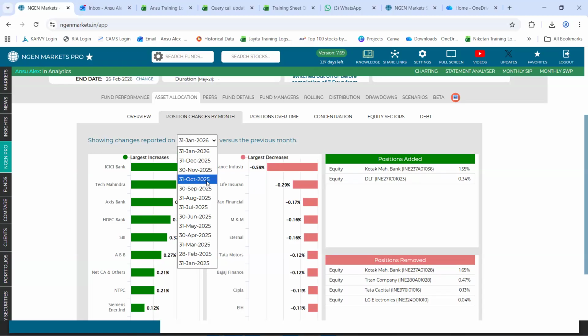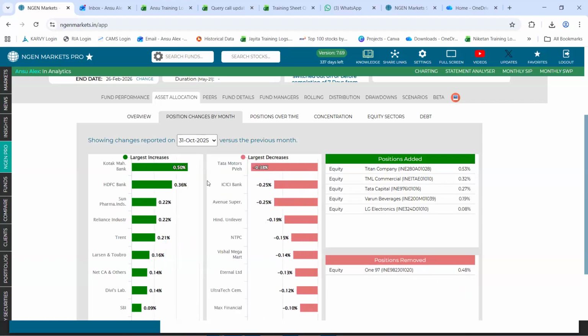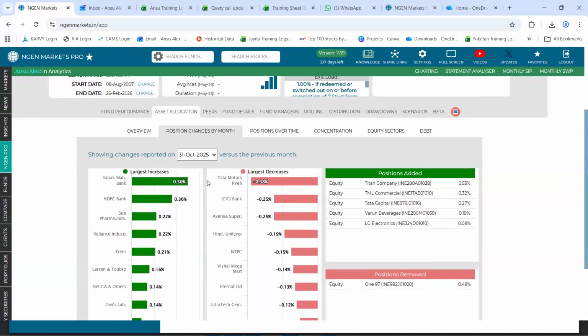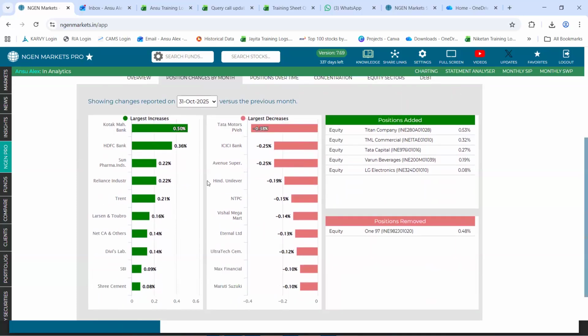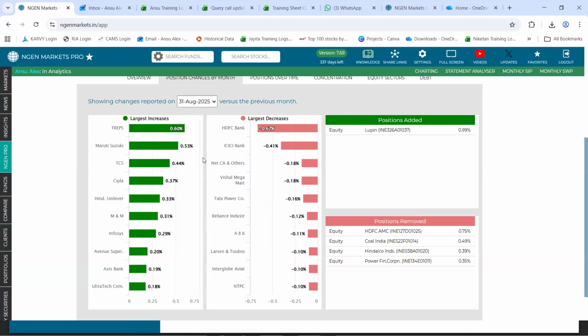For example, if I select October 2025, it says, in consideration to the month of September, how has this fund's portfolio changed? As I mentioned, all you need to do is click on the drop down and select the month. It will show, in consideration to the previous month of what you have selected, how this fund's portfolio has changed.